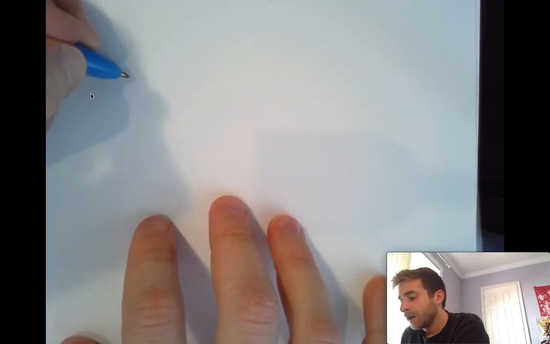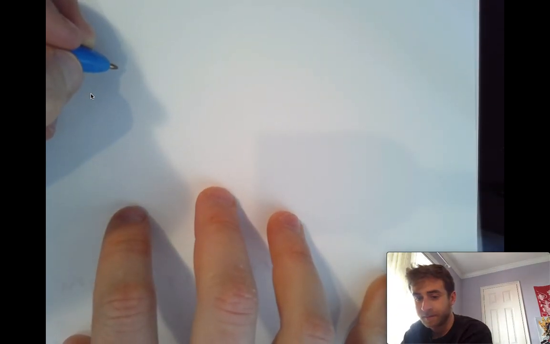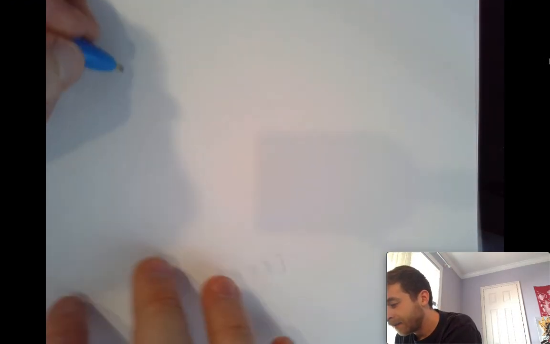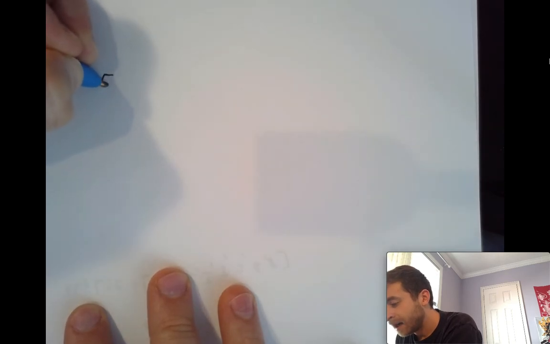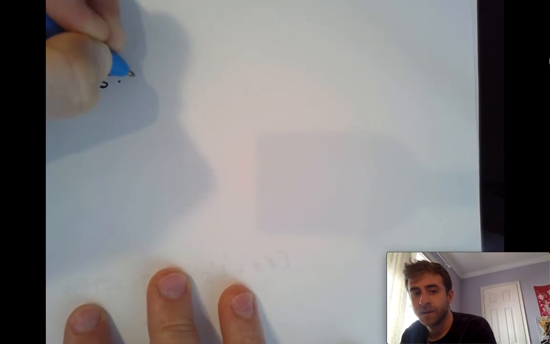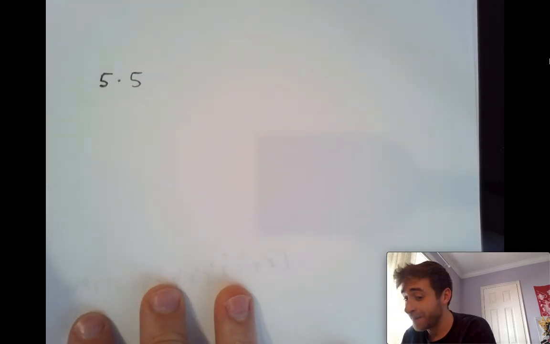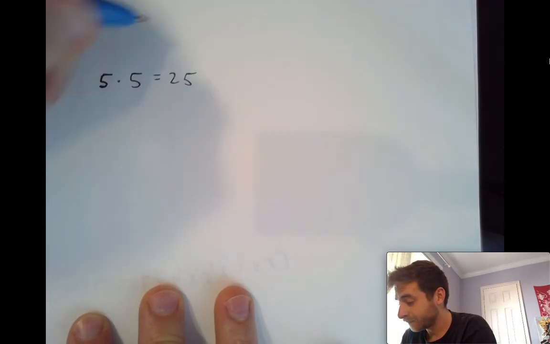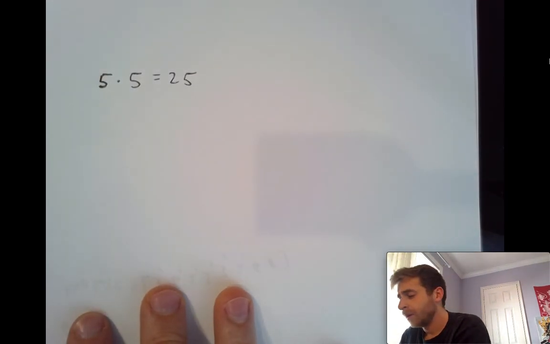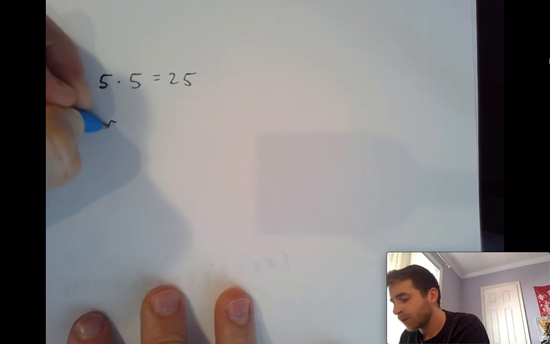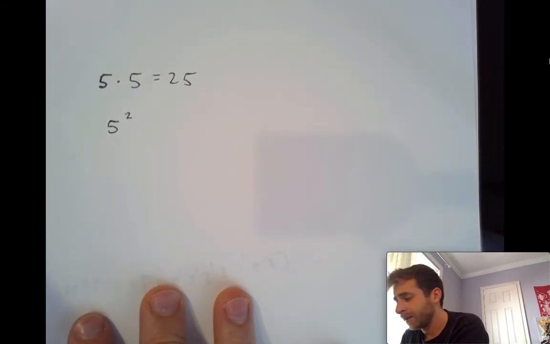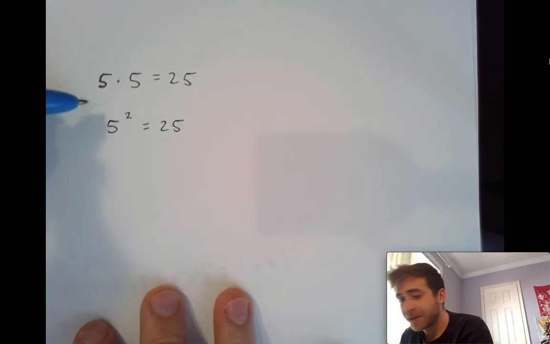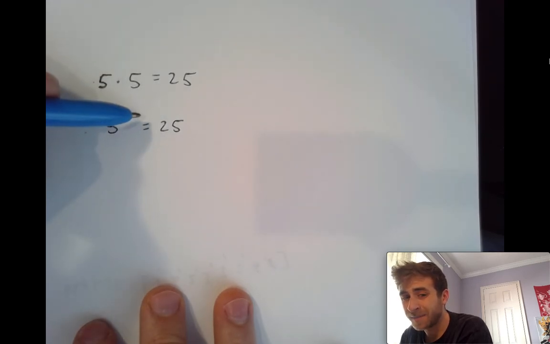Okay. Follow me here. Ready? If we have 5 times 5, we should know that that makes 25, right? Also, we've got 5 squared, and you should know that 5 squared is 25. Now, if you notice, 5 times 5 and 5 squared, they both equal the same thing, and that's because